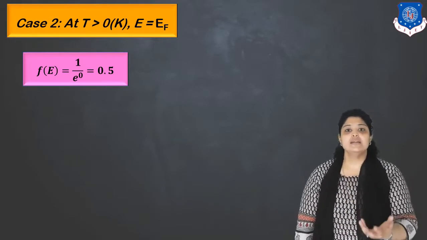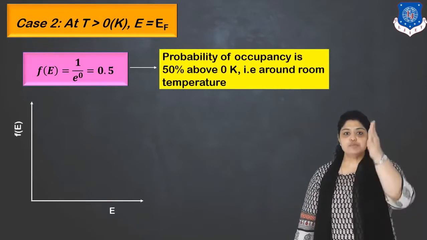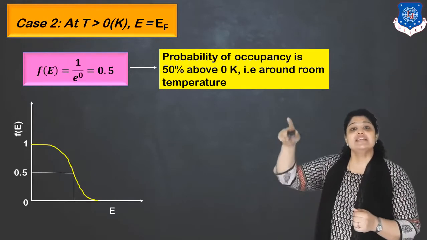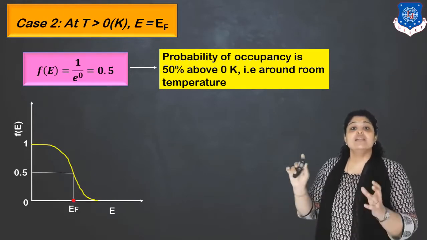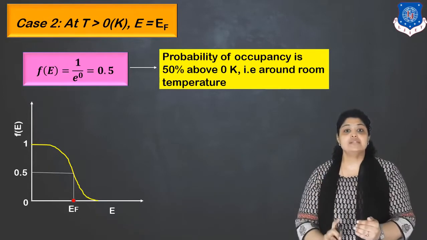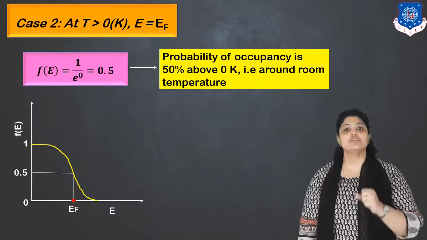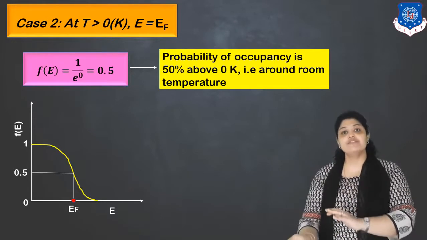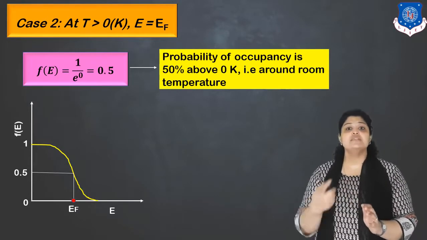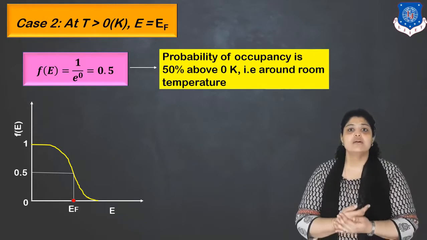Let's just understand with the help of a graph which shows F(E), that is probability, on the y-axis and energy on the E-axis. You can see the yellow colored variation. The yellow colored variation is the actual thing that happens, and you can clearly see that 50% is the probability which corresponds to EF. So at a level with energy E equal to EF, there is a 50% possibility it is occupied and a 50% probability that it is not occupied.